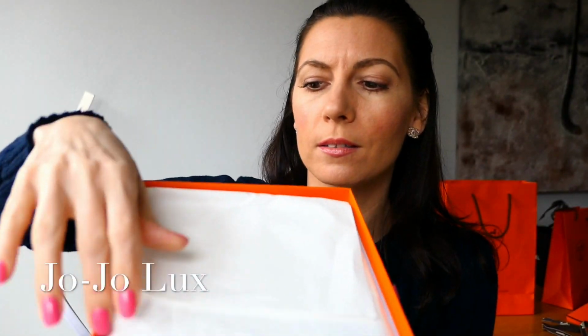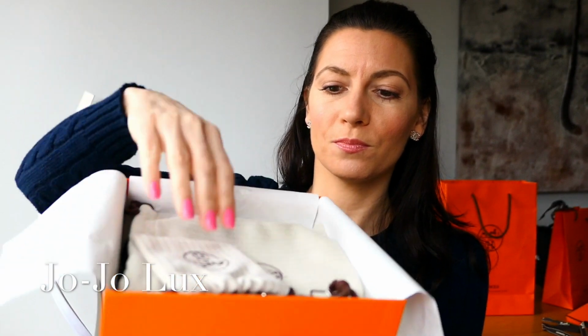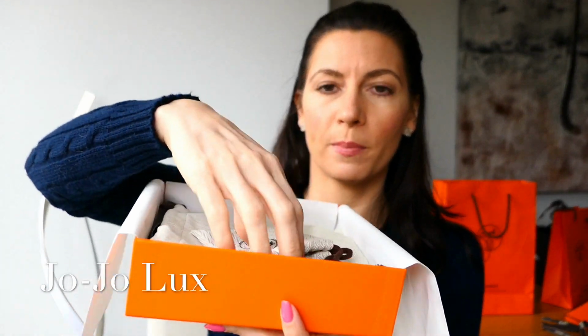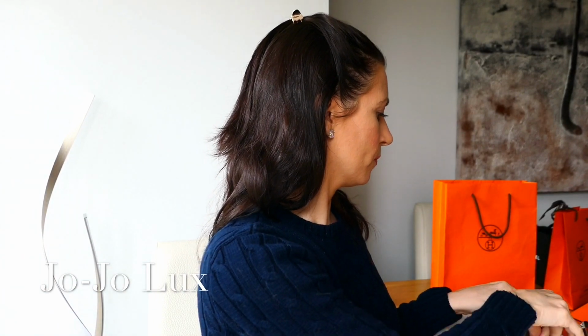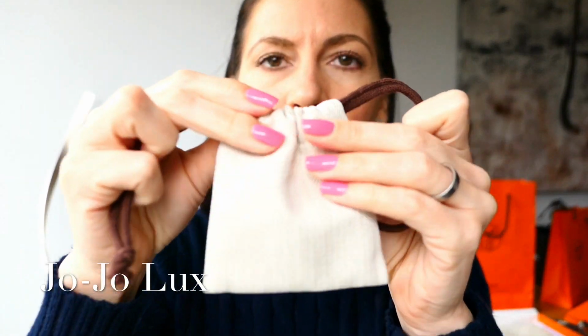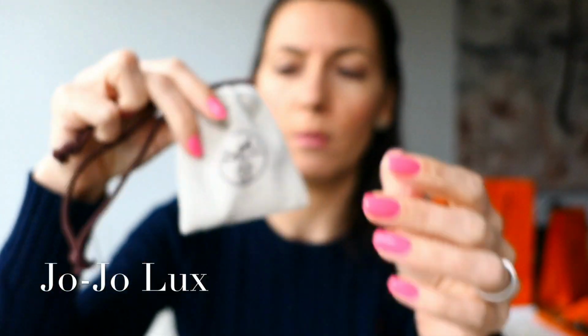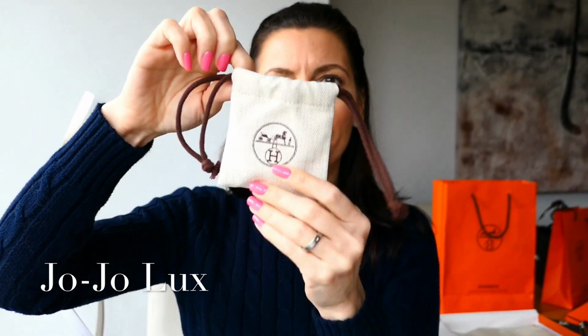Tissue paper. It's come out with a little dust bag, but put this down the sheet. So we have a little dust bag, which see there, branded. Let's open it up, and we have